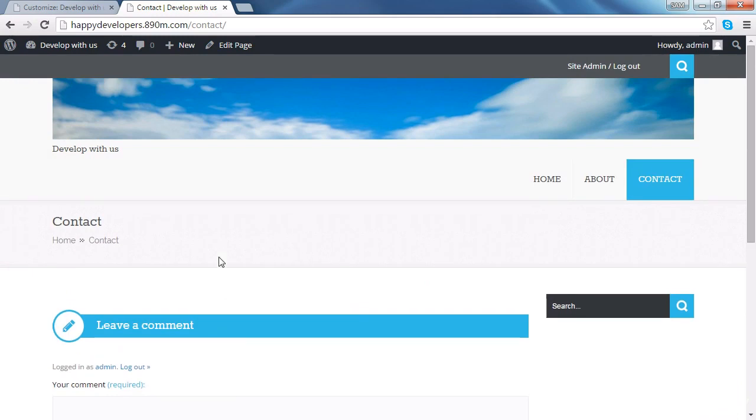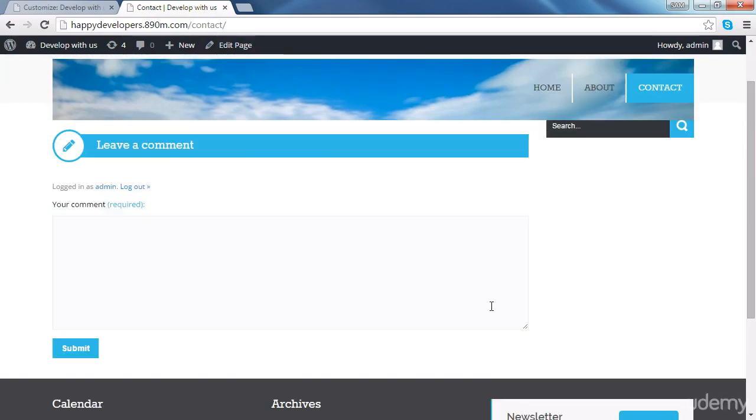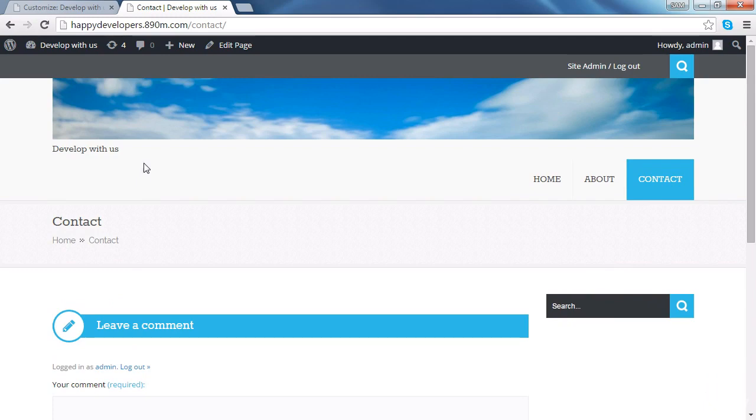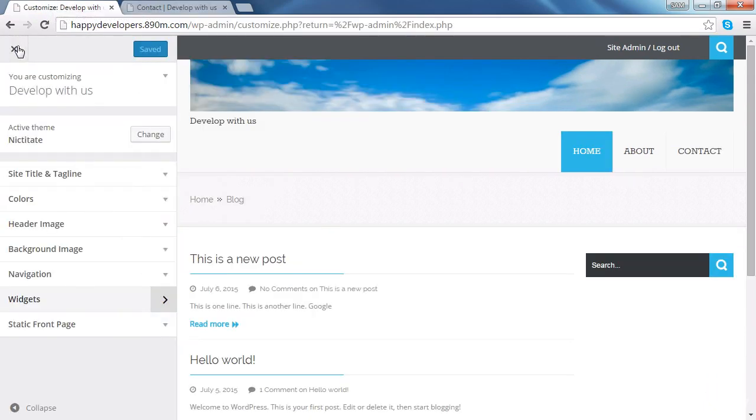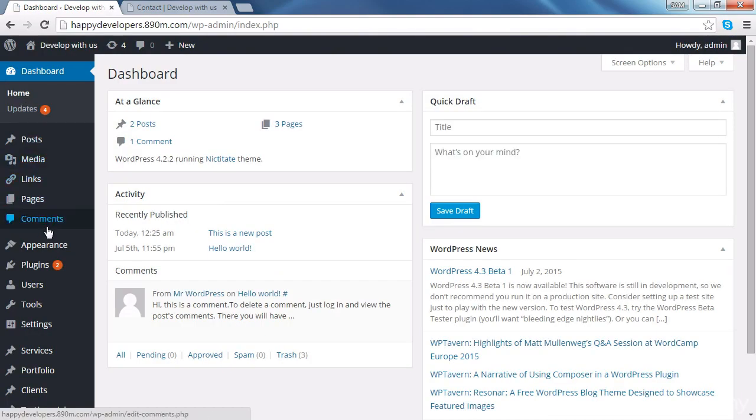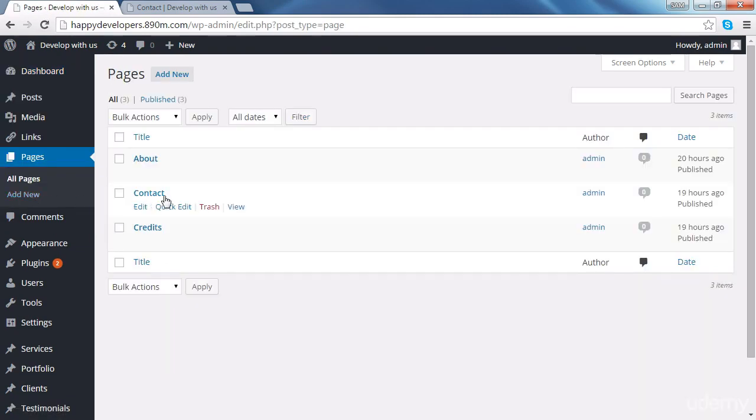We can also customize a single page if you want to. So let's customize contact, okay, and change the look of this single page. So the way to do that, so we're gonna go to our dashboard. Okay, so if you just click on this icon, and if you go to pages, and then click on contacts,